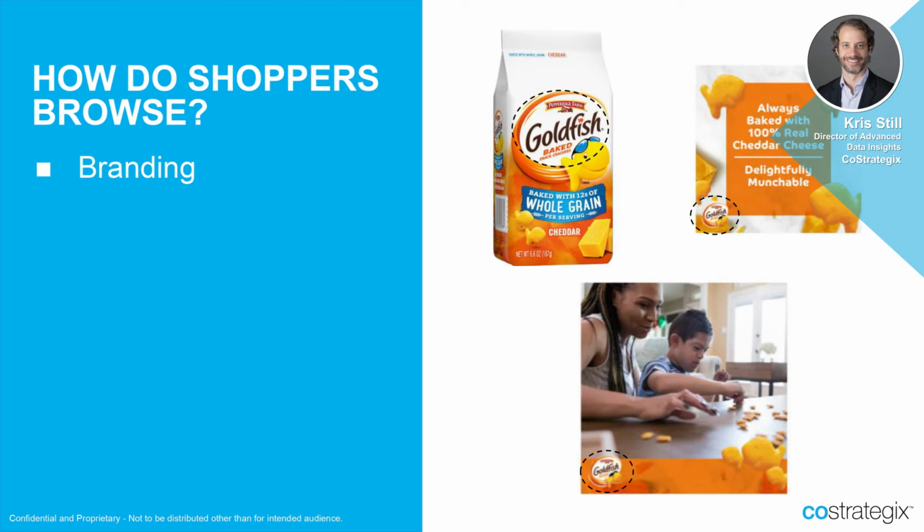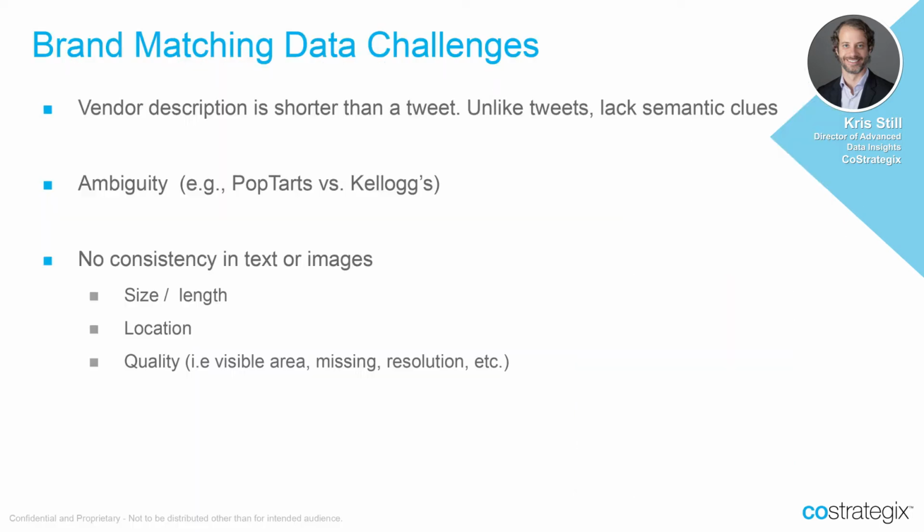But here you go. Again, Goldfish. Obviously, that's a pretty obvious family brand. So obviously, the problem here is how do we attribute brand to the text that we get from our vendors as well as the images themselves. So it's shorter than the tweet, this description that I'm talking about, and that's the only information that contains the brand, if it contains it